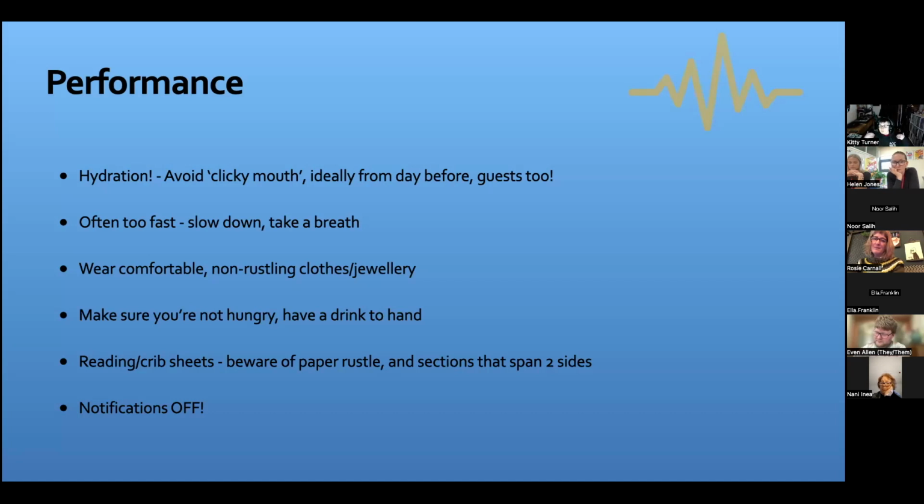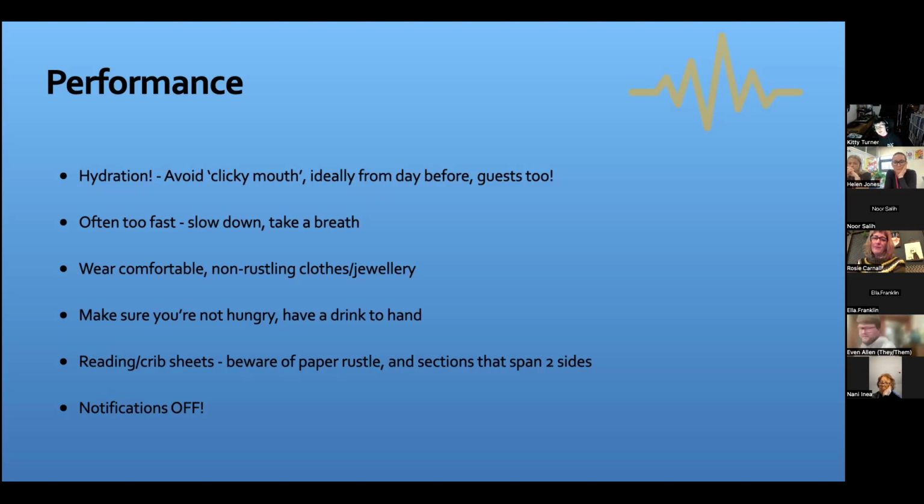In terms of your situation, I would make sure that people are wearing comfortable, non-rustling clothes. So stuff like outdoor gear is not the one. And that can be an issue if you're doing a recording outside, for instance. Let's say we're walking about a nature reserve and we're having this beautiful conversation, but somebody's got a really crunchy jacket on. You're going to hear it a lot. So try and head off things like that at the pass, as well as stuff like jewelry. Lots of jingly jangly things will make a sound. We don't want those on our recording if we can possibly help it.